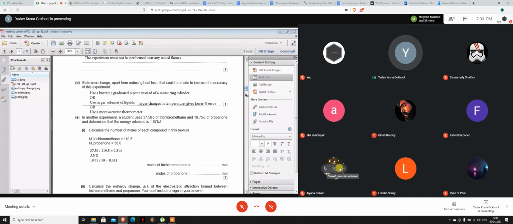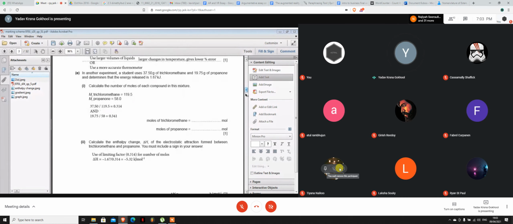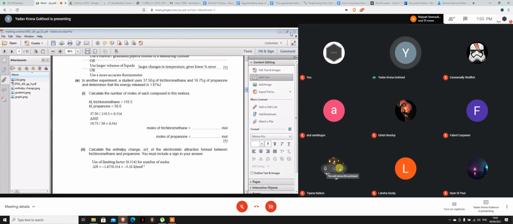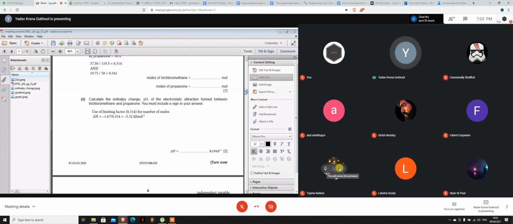And 1E second part is simply, you're given the energy release, so you are already given the value of Q, which is 1.67. You just have to divide it with the number of moles of the limiting one, because this is the limiting